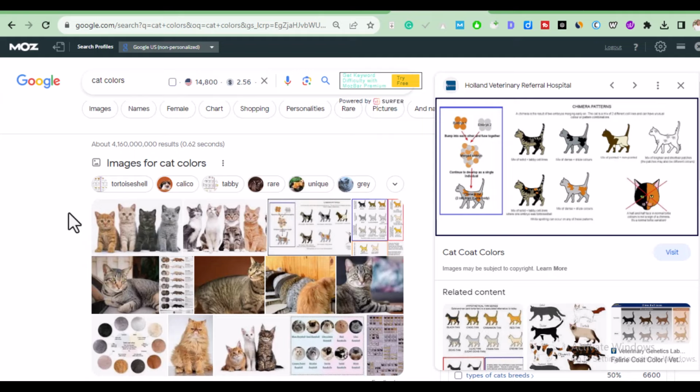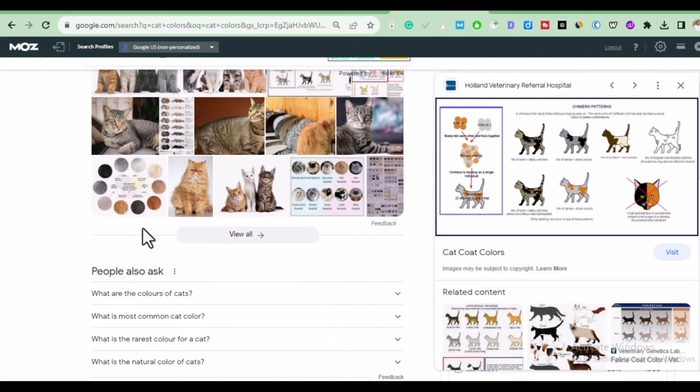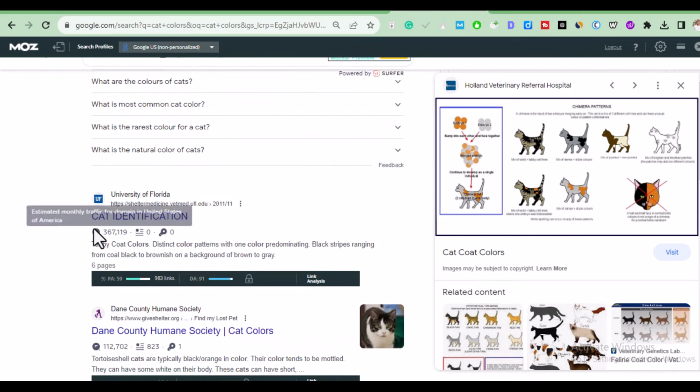So let's say I'm a user, I didn't click any of this, and let me go down and see if there's anyone I can click. Look at this, it's card identification. I'm a normal user, I most likely won't click on this. Why? Because it's not descriptive enough, and it does not have the keyword I'm actually searching for. So if you scroll down,